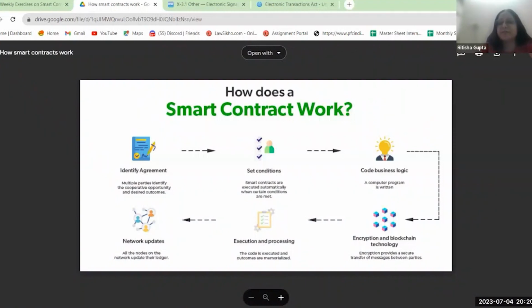What is a blockchain-based platform? Essentially, a platform that uses blockchain as its underlying infrastructure. To make it simpler for you, blockchain is nothing but a digital ledger or a digital storage, right?